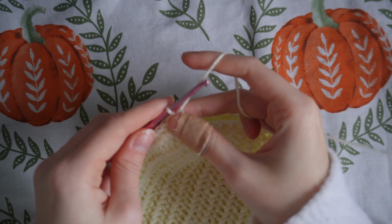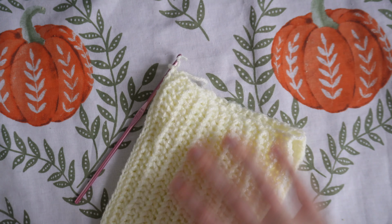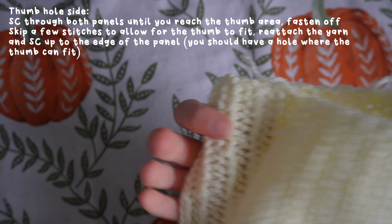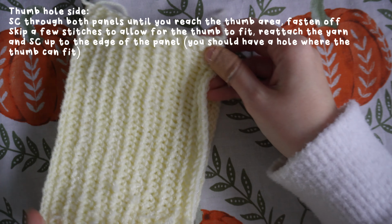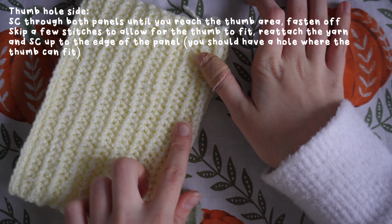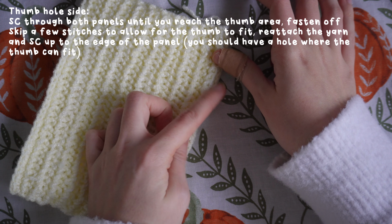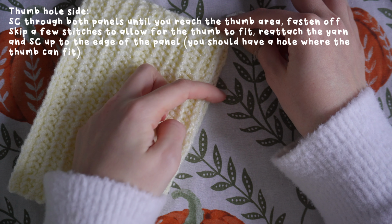Okay, so once I've done my final single crochet, I'm just going to chain one and fasten off. So for the other side, which is going to be the thumb hole, we want to just basically single crochet in the same way up until you reach sort of the thumb area. Then you just want to fasten off and leave that part blank, and then single crochet up to the top